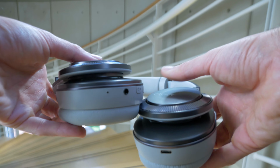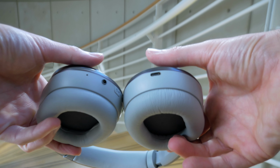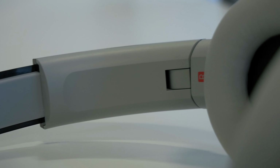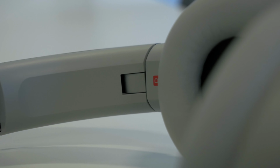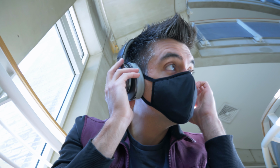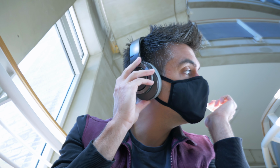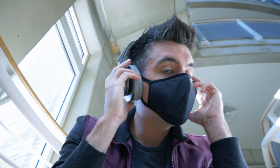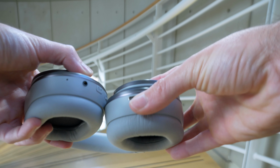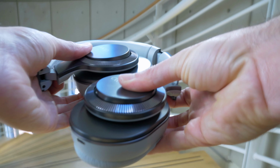And what you get is a muddled outside world, and the sound quality of the headphones themselves actually drops at the same time. So you're not getting great ANC and you're not getting great sound quality. Whereas on the Flow 2, you get really good ANC, and the sound quality doesn't degrade at all almost. It's very unnoticeable. It's the kind of degrade in sound quality that only audiophiles will probably notice, but for everyone